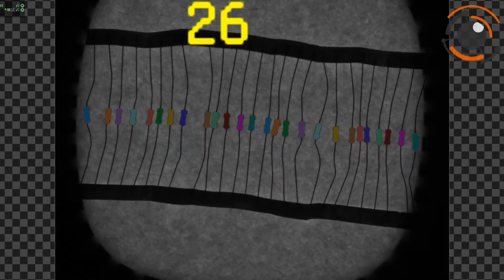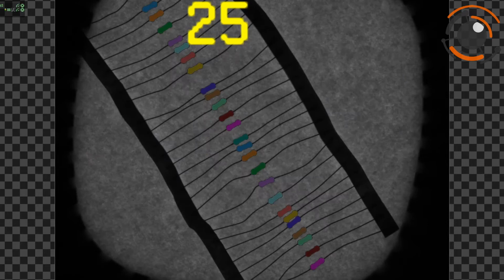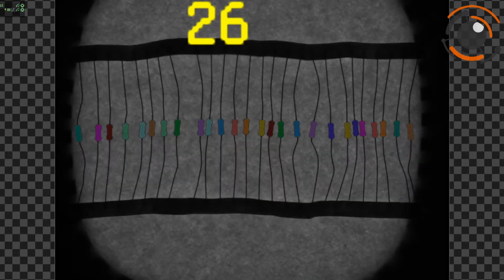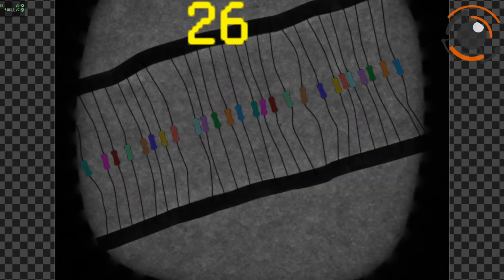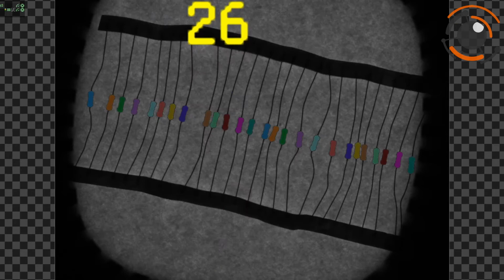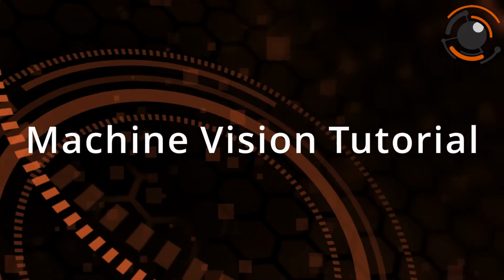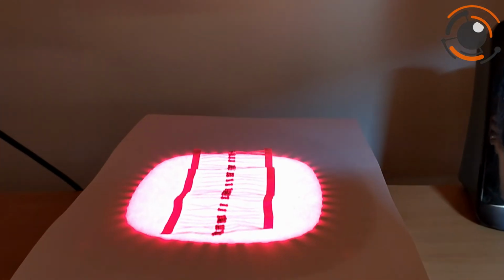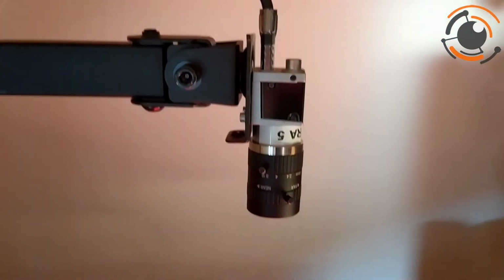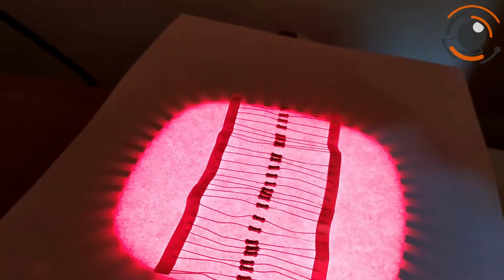Last time I showed you how to count resistors with the simplest scan stripe based method. Today I will show you how to make the same application for resistor counting using region analyzing method. Hardware setting is the same as in the first part of this tutorial, and again I'm using Adaptive Vision Studio